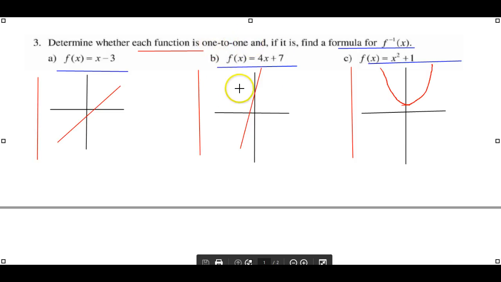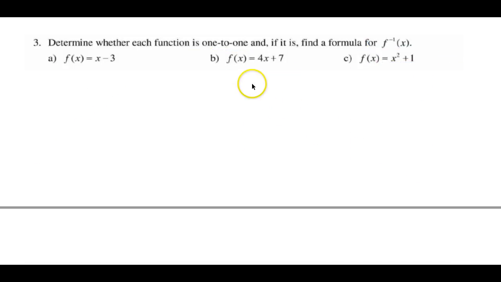Again, some basic definitions here. These are functions, but in order to have a one-to-one relation, it must pass the horizontal line test. These two do pass it. This does not. So therefore this one does not have a one-to-one. That's the background of this. Now let's go on to find the formulas